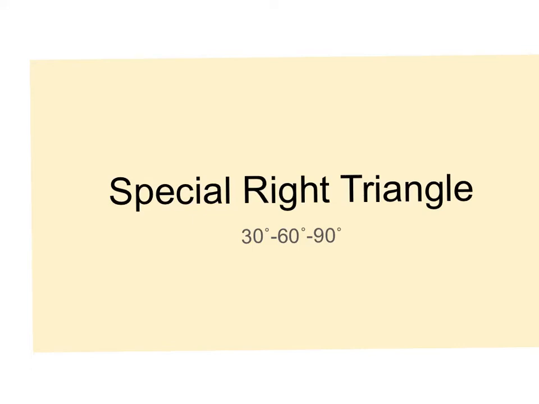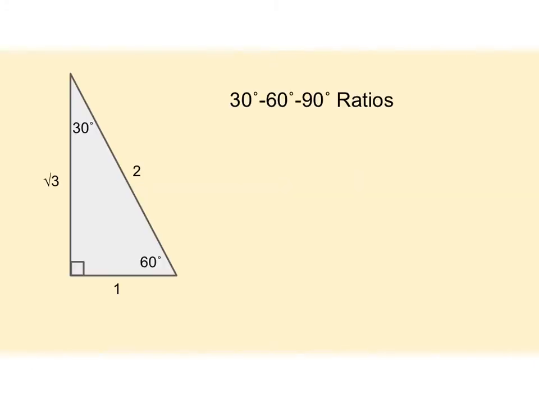Hello, Mr. Geiselhardt here, and let's take a look at the 30, 60, 90 special right triangle. In a 30, 60, 90 triangle, there are also ratios of the sides that are always the same. The sides are always in the ratio of 1, 2, and the square root of 3, where 1 is the